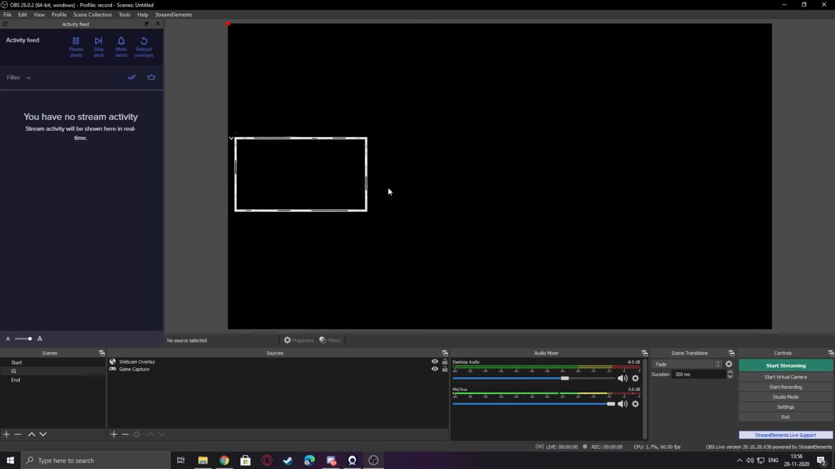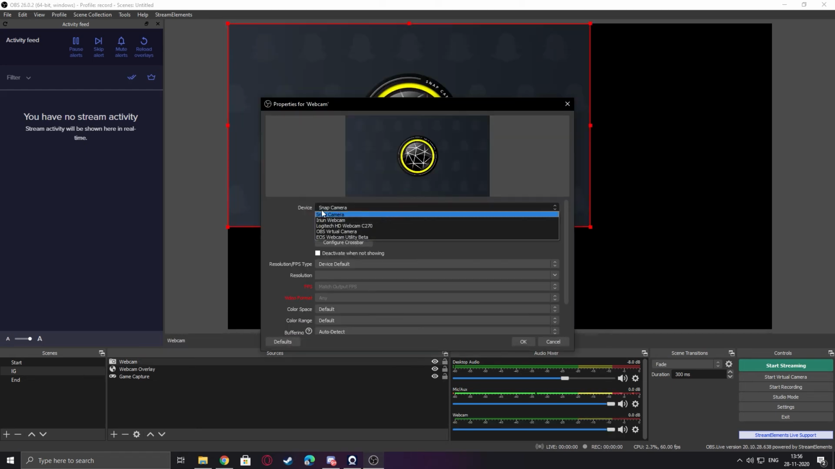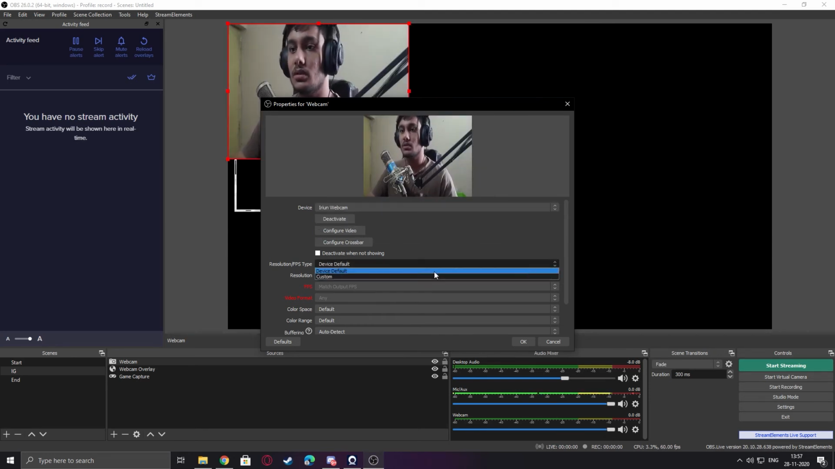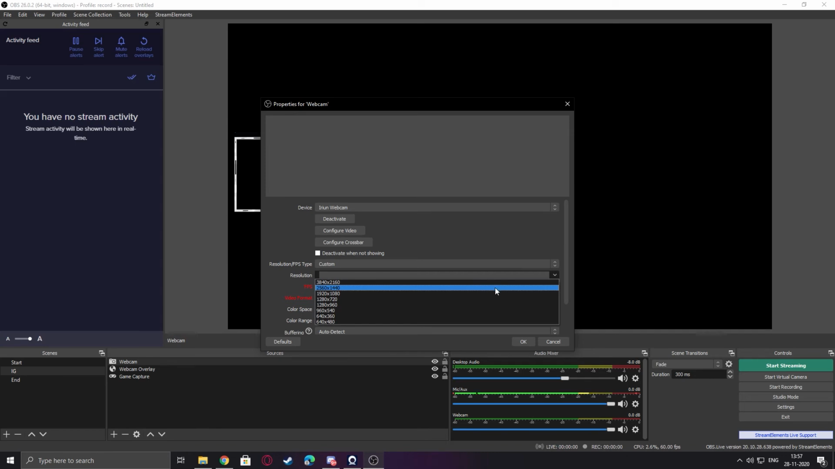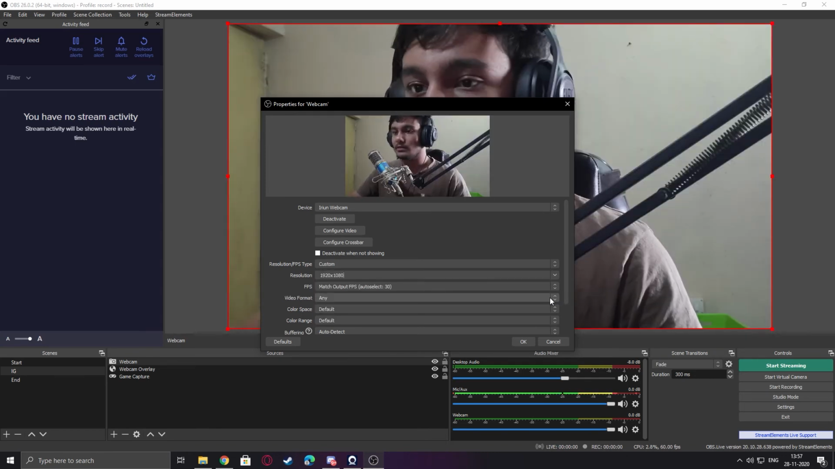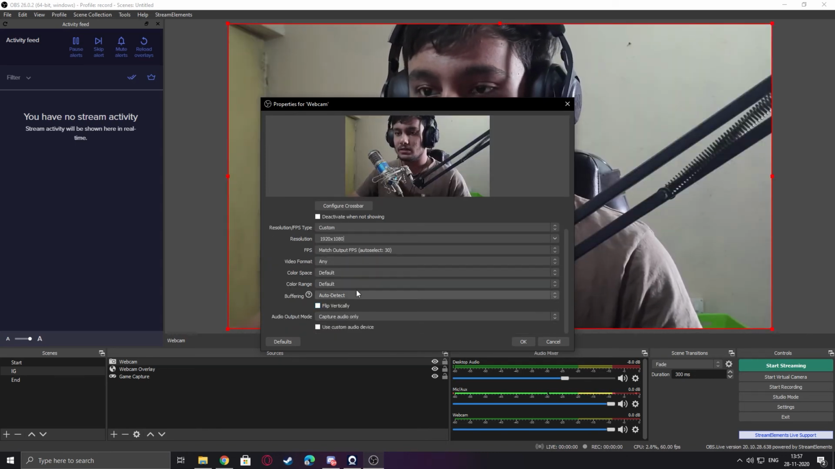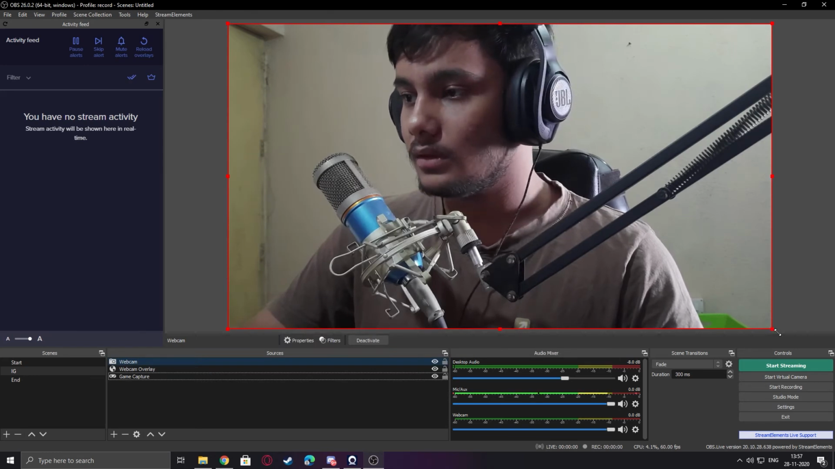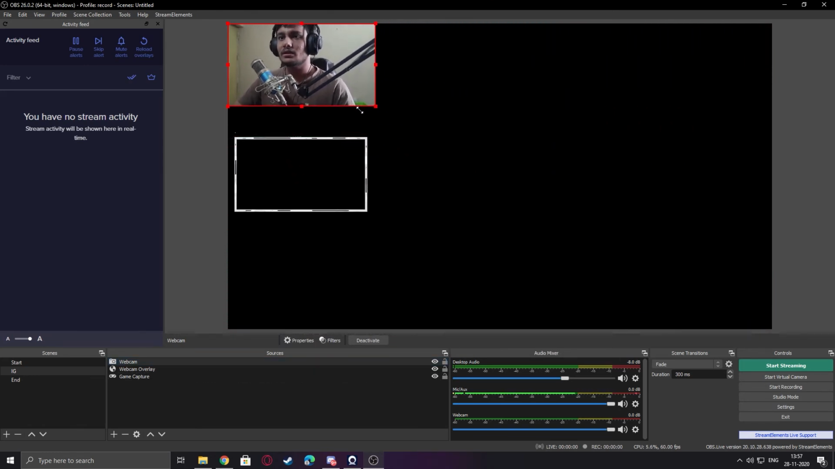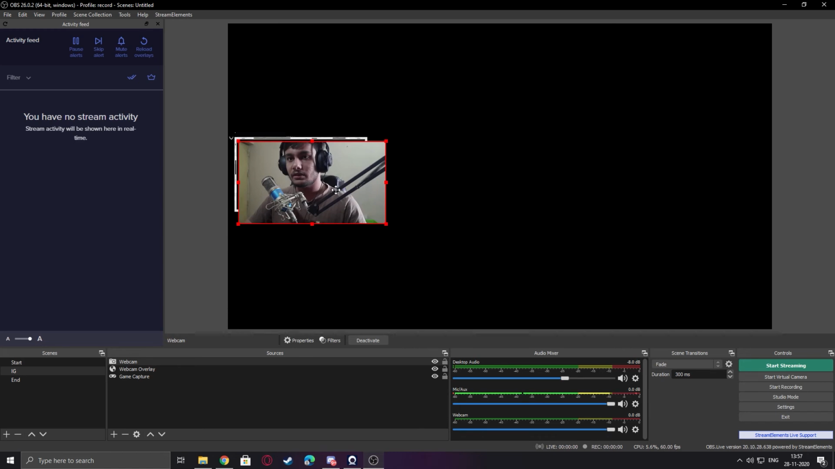For example, I will just rename it to webcam. Select the device you want to use as a webcam. For example, I mostly use C270, but currently I will not be using it. So this is how you add it. Go to custom, select the resolution your webcam is at, and other stuff. Now I will just make it small so that I can fit it in my overlay